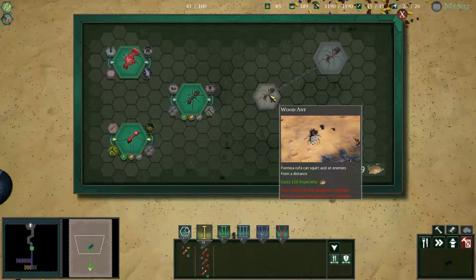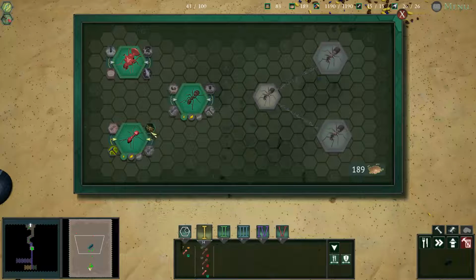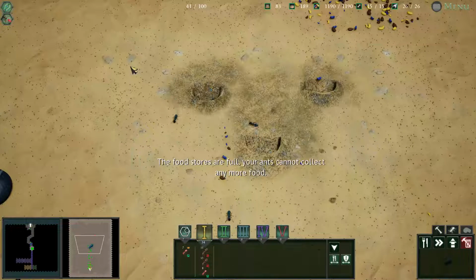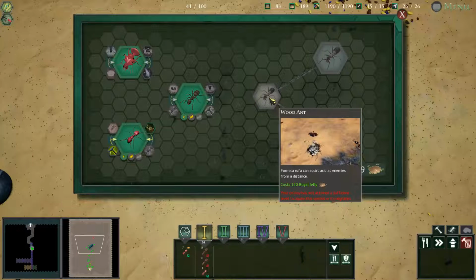The colony has not attained a sufficient level to acquire the species or its upgrades. Now, what does that mean? Does that mean we have to complete the challenge level 1? I think so. Well, we have the royal jelly. We have plenty of it, but we can't. Okay. Well, I guess that means that we will go ahead and